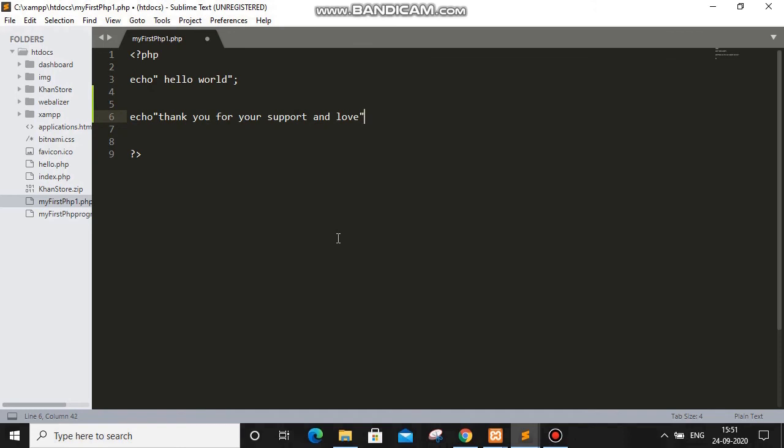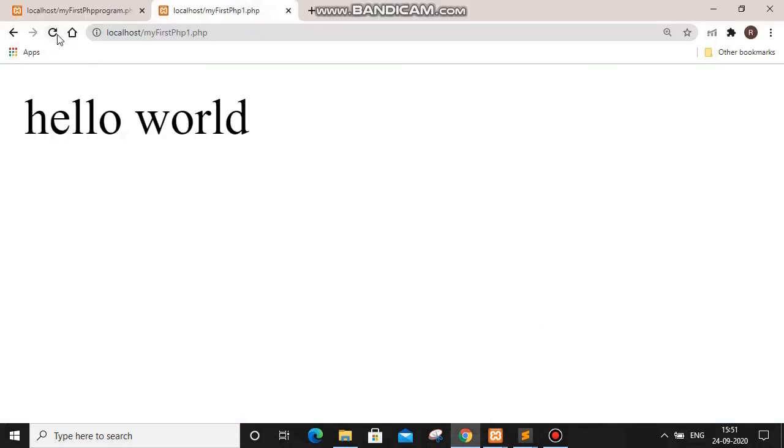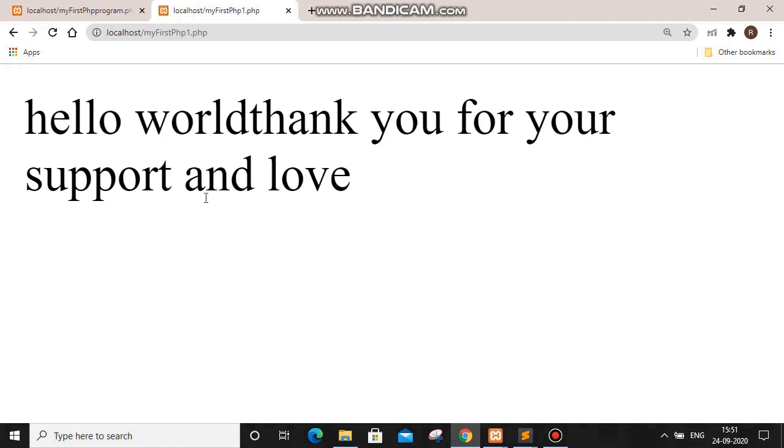And yes, never forget this semicolon. You have to give this semicolon. This is very important. Every echo statement should be terminated by the semicolon. Okay, and whatever you have to write goes inside this. Okay, so you have to save it, and again when you come to your browser and refresh this, you can see here thank you for your support and love has appeared.